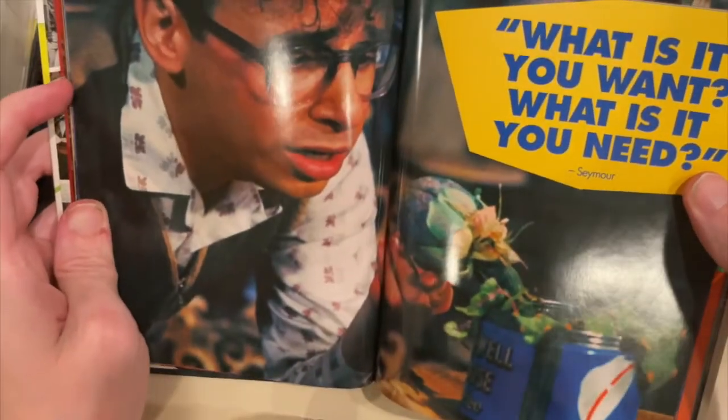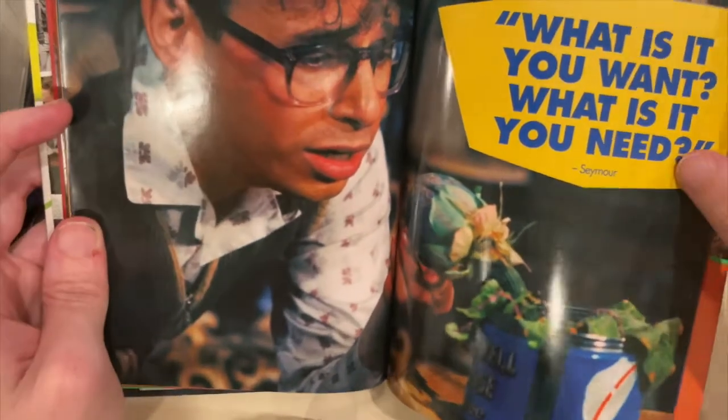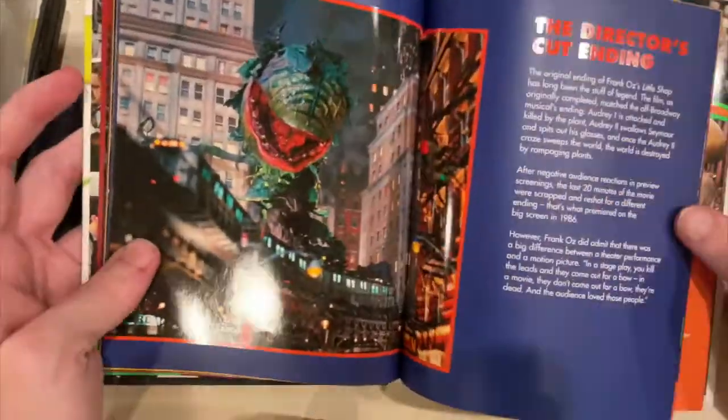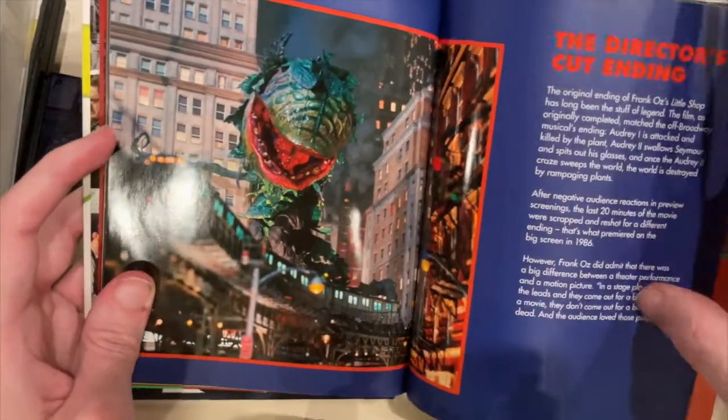There's Seymour. What is it you want? What is it you need? And this is beautiful. I love how they put this book together. And there's the dark ending in color. The director's cut,